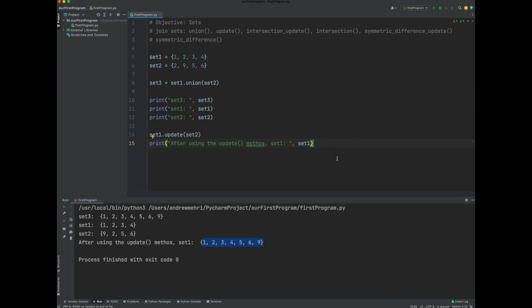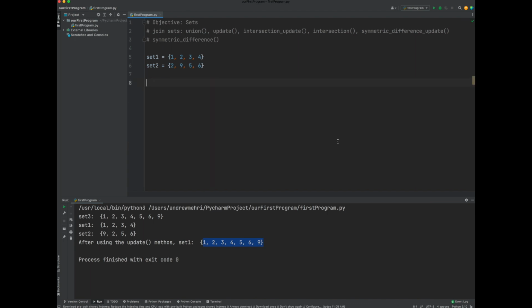So what else? Now let's look at the intersection. Let's remove all of this. We're going to look at the intersection either with update or intersection simply as a method. To do the intersection, let's go ahead and supply it to a third set. Let's call it set 3 equals, and we're going to say